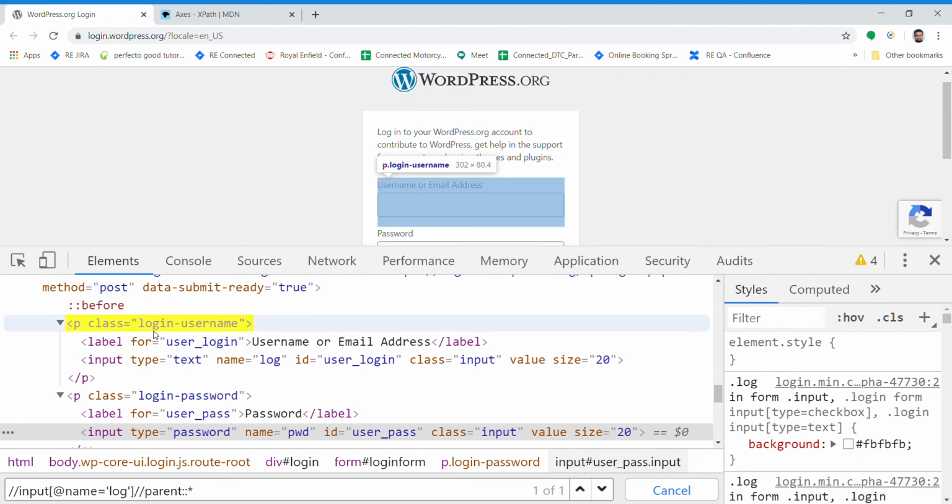Its parent is login, username, this class, this attribute, right? Or there is also one way which we discussed: just use a single slash, that means the immediate node. Using double dots, one slash and then double dots, we are able to go to the directory, right?